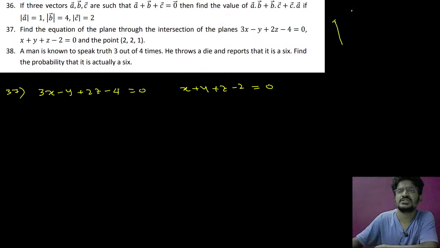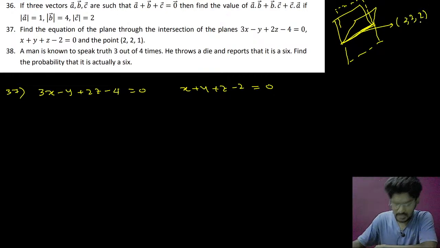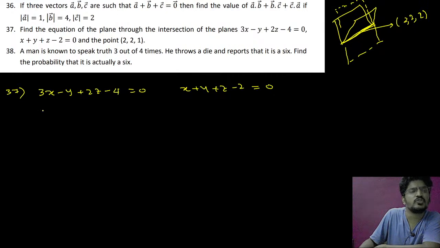it will be like this. This will be the first plane. This will be the second plane. And this is going to be the third plane, which is passing through this intersection. And the point is (2, 2, 1). Okay. So now we know that the equation of a plane through the intersection of two planes is given by pi 1 plus lambda